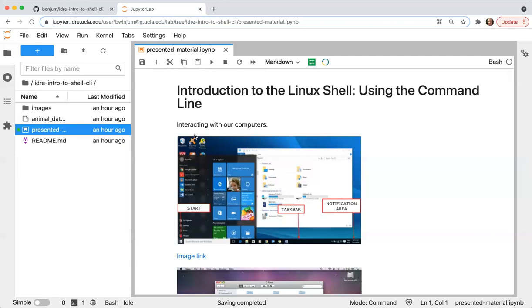And on the right, I'm showing a rendered version of this file called presentedmaterial.ipynb. This is a Jupyter notebook. You don't have to worry about how I set this up. This is more just to be able to show you material like images and text that will be useful during the course of our class.